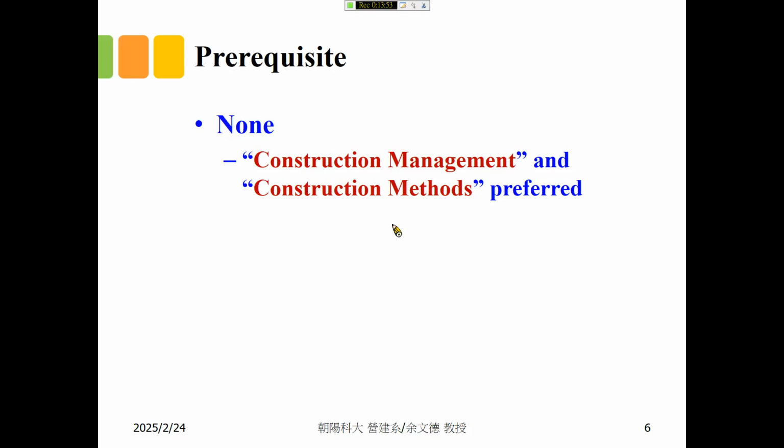Management. You have a construction management course? All of us in the first semester. First semester already. Okay, good. So I think you have some background for this. How about construction methods? Construction equipment and methods? No? Oh. Okay, that's all right. Let's learn it in this class.